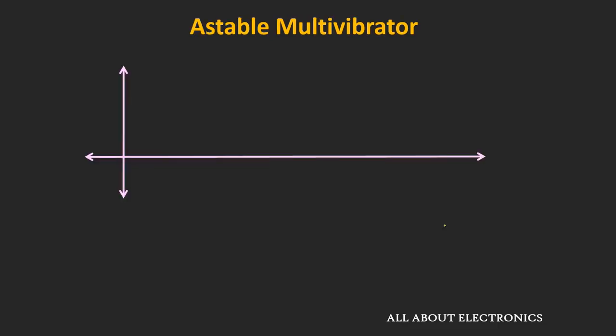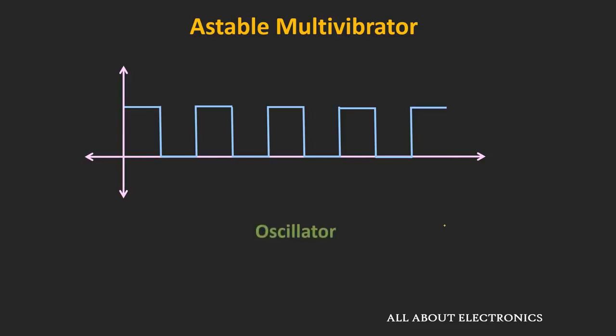multivibrators. So in astable multivibrator, the output will not remain stable in any of the two states. And if you see, the output of the multivibrator will continuously change between the two states. Now here, the time for which the output remains in the particular state can be decided by the passive components like resistor and the capacitor. And this type of astable multivibrator is widely used for the design of relaxation oscillator.